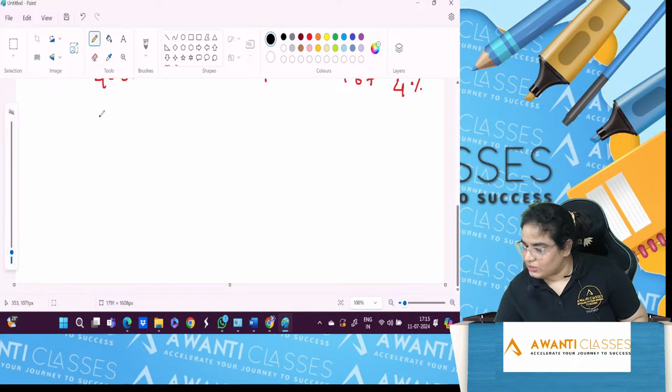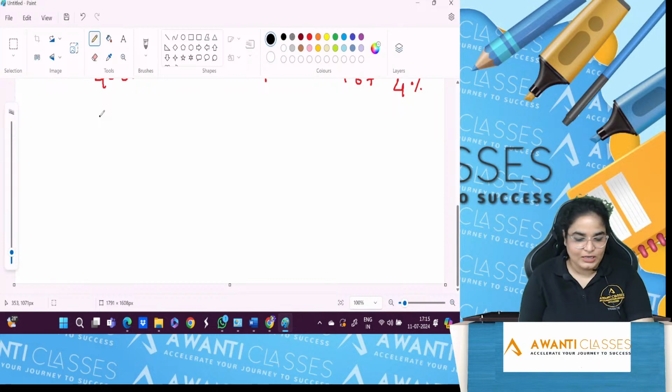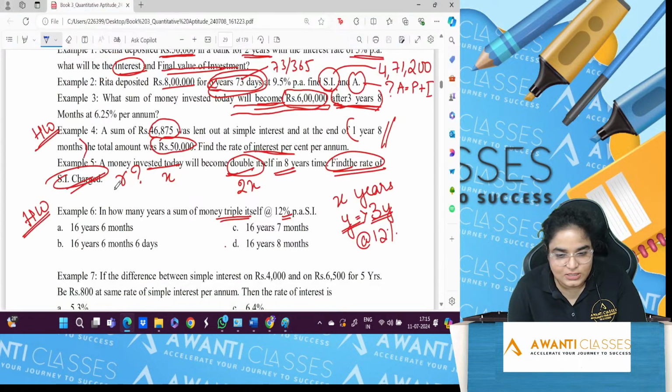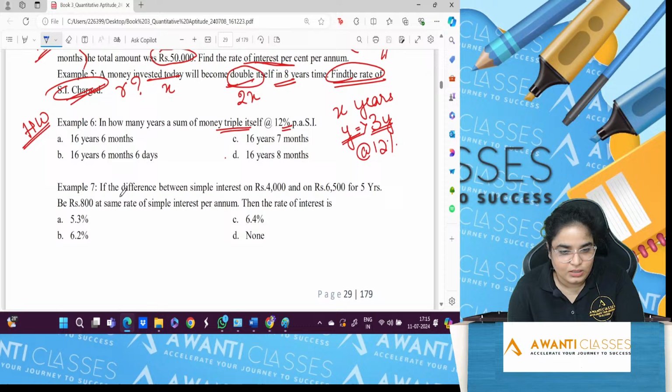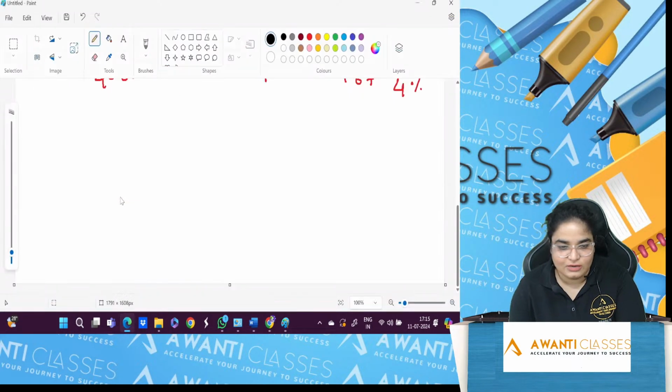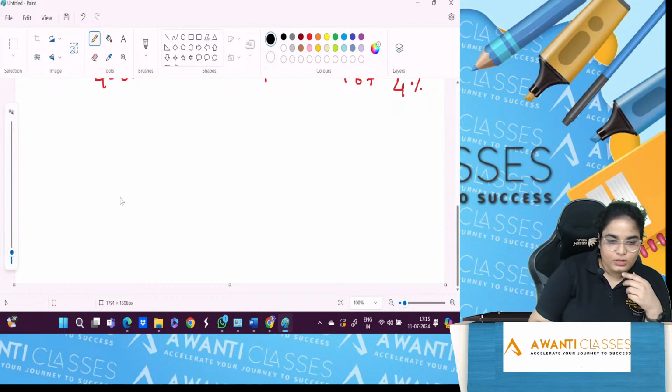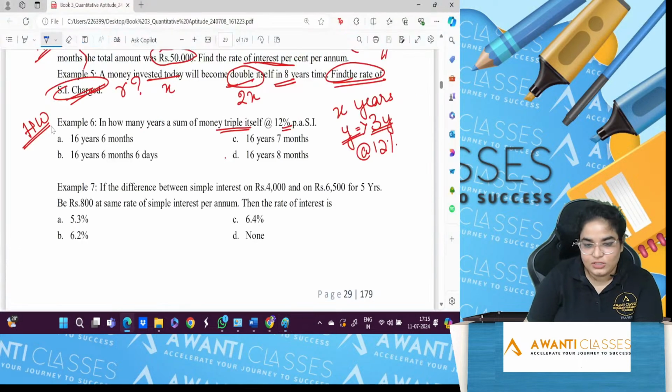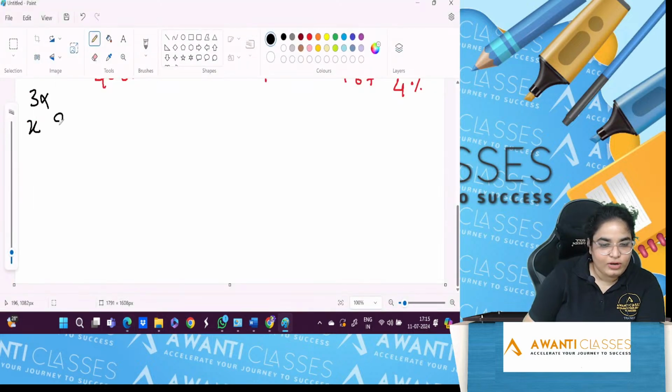Great. What is the second question that I gave for homework? The second one was page 29, example number 6. In how many years will a sum of money triple itself, they're asking. Triple is 3 into. So imagine we started off with X amount. In how many years will it become 3x